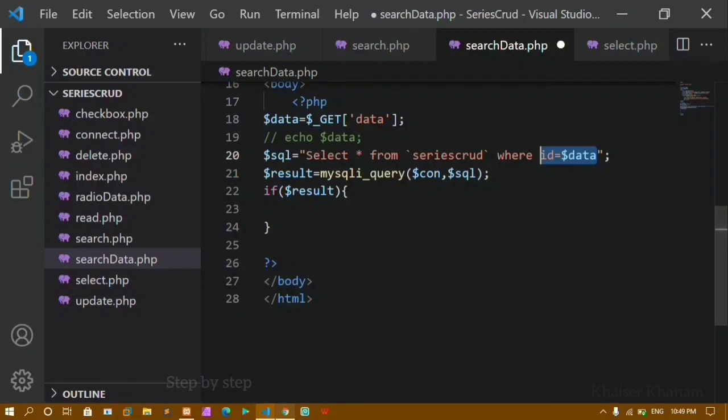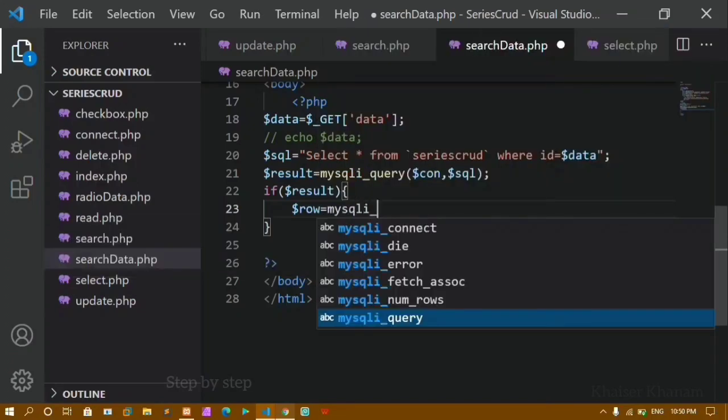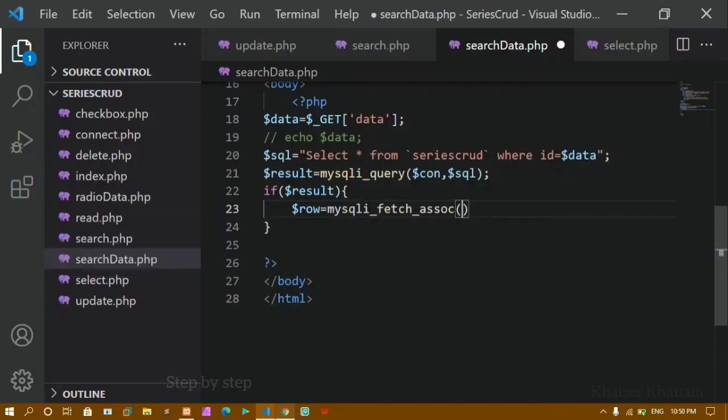Only this particular ID's data I need, so I don't have to wrap it inside a while loop. Directly I'll create a separate variable called row, and inside this I'll write mysqli_fetch_assoc and pass my result variable. This is going to fetch me all the data of this ID from the database.